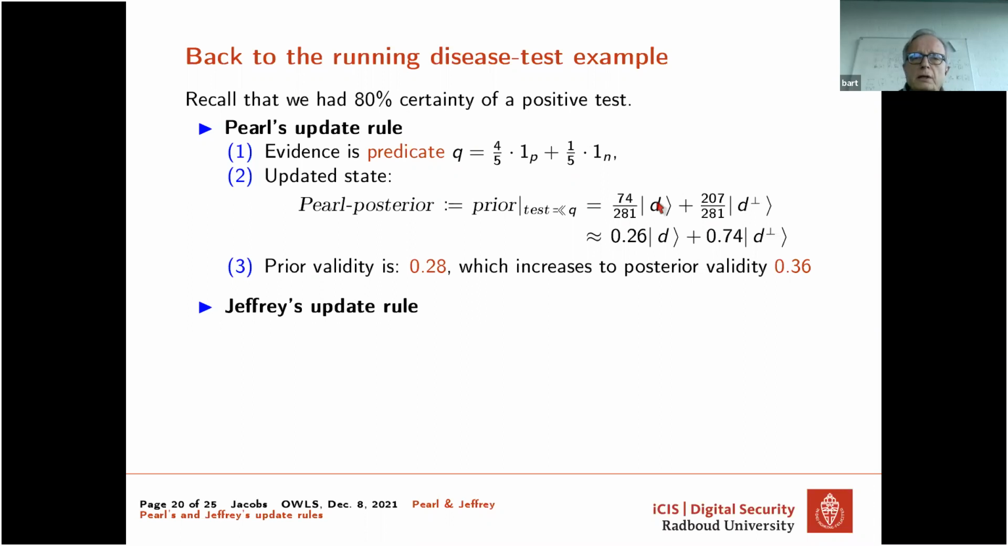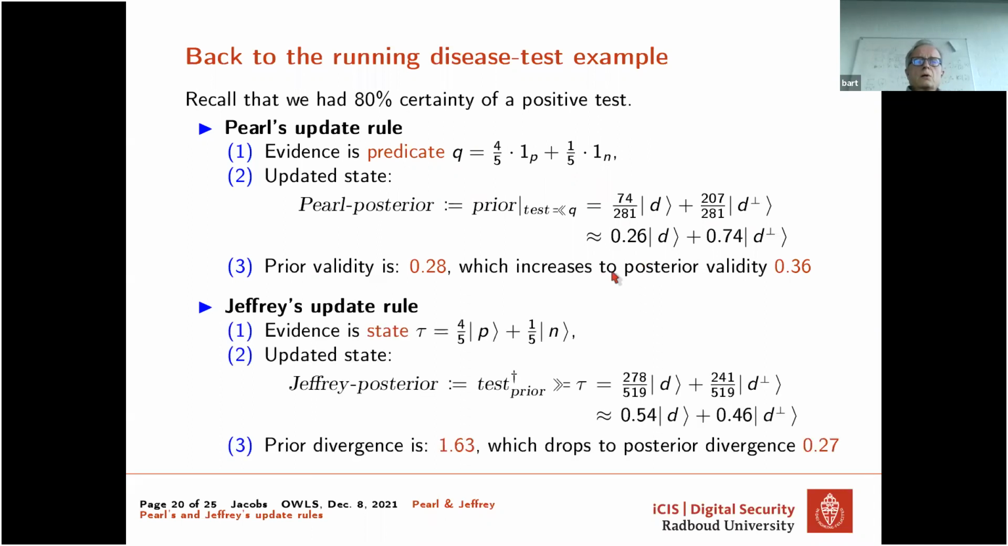I don't understand. I think there's a typo in this sentence, so please ignore this for a moment. In Jeffrey's case, we translate the 80% certainty in this distribution, which has 80% on the positive side and 20% on the negative side. How do I compute the posterior? I take the dagger of the test channel using this prior as a state, and I do state transformation, which gives these complicated fractions, but amount to